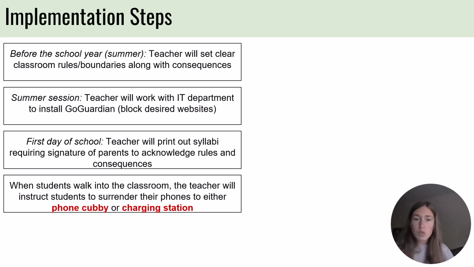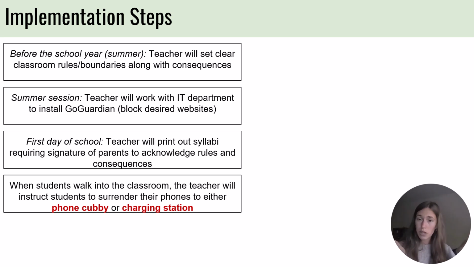Okay, so when students walk into the classroom, the teacher will then instruct the students to surrender their phones. Students will not have their phones on their person. It's going to go in one of two spots. It can go in a phone cubby, which my school used to do, like the clear shoe racks hung on the door. That way students who did have that smartphone addiction were able to still see their phones because the slots were clear, and just being able to see their phone did relieve some anxiety and overall attachment to their phone. So you could put it in the cubby, or if the school decides to have a